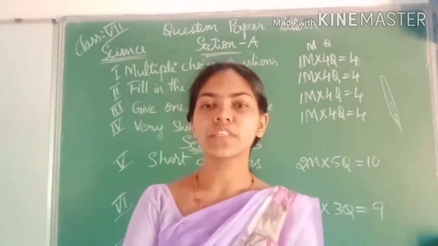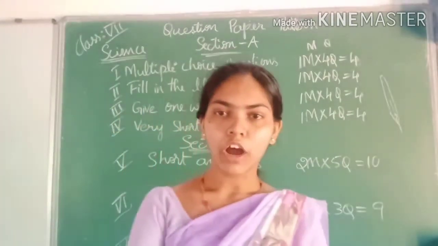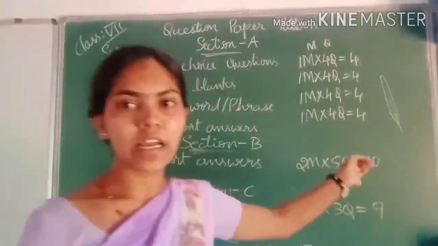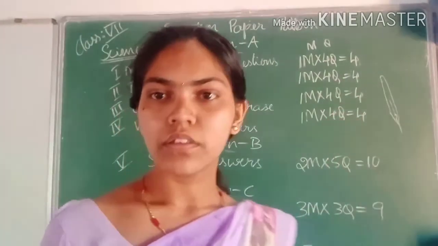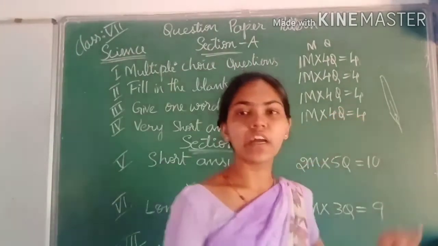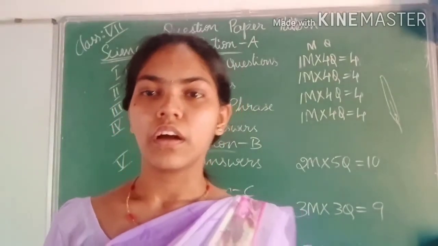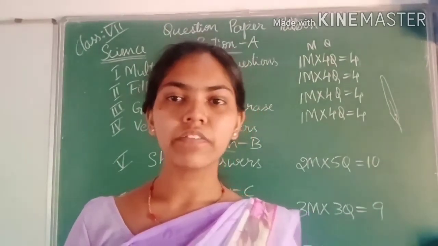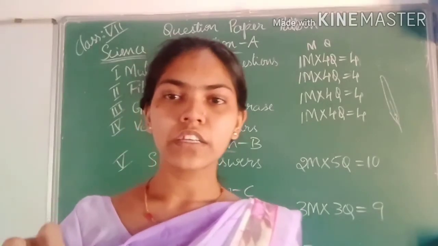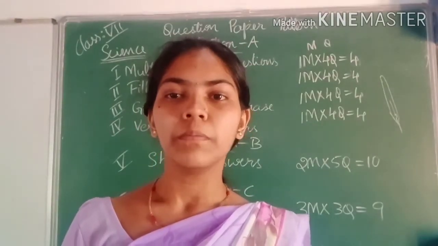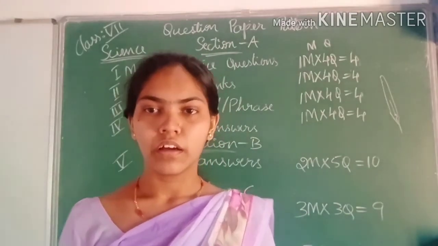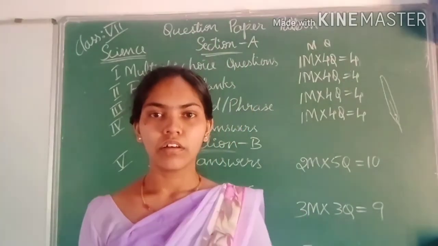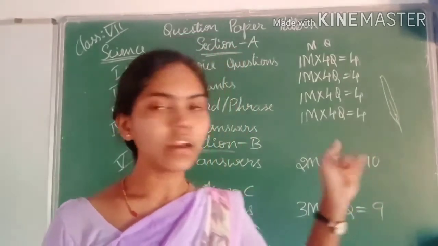And which liquid is used in the thermometer? We commonly use mercury as a liquid in the thermometer. Inside the thermometer there is mercury. On which principle does the thermometer work? On the principle of expansion of liquid during heating and contraction during cooling. Based on the principle of expansion of liquids on heating, the thermometer works.